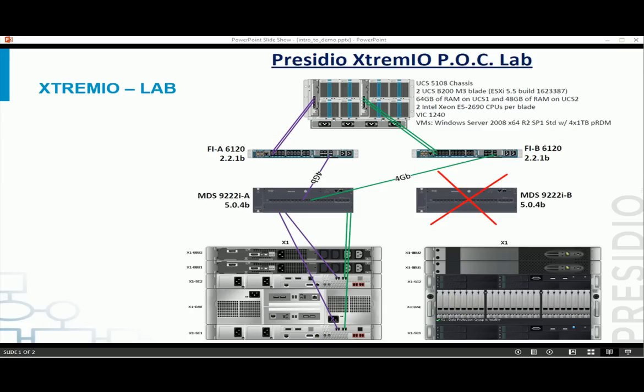Before going to the XtremIO demo, let me first cover how the lab is configured. One UCS chassis with two B200 M3 blades, and each blade has a Windows Server 2008 VM on it. Each VM is configured with its unique full 1TB physical RDMs that are presented directly from the XtremIO box. The FEXes on the back of the chassis are connected to